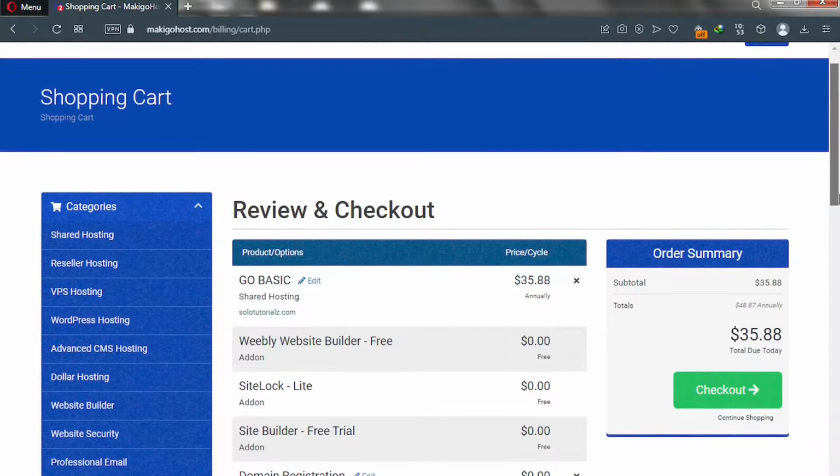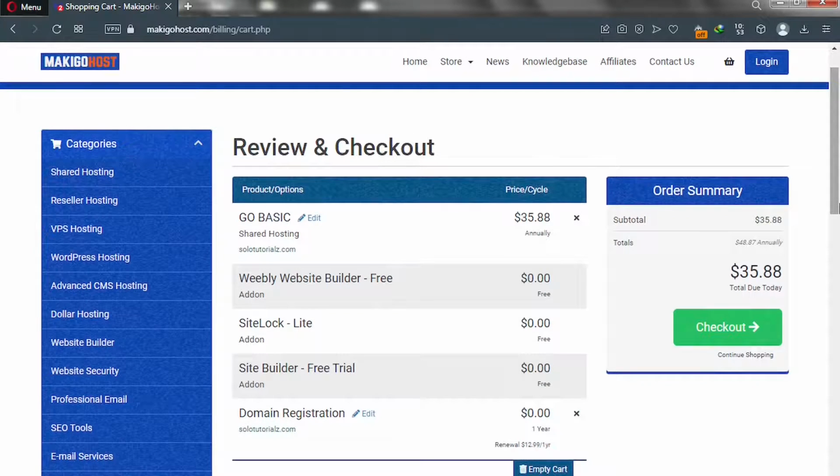If you have reached this part, congrats, because we are almost done. So this is the review and checkout page. You review your cart, the items that are in your cart or your basket, and then you can see everything is looking good and our domain name is free here. Okay, so we are only paying for the hosting, which is $299 every month. Multiply by 12 months, you get this amount, that's annually. And then we scroll down